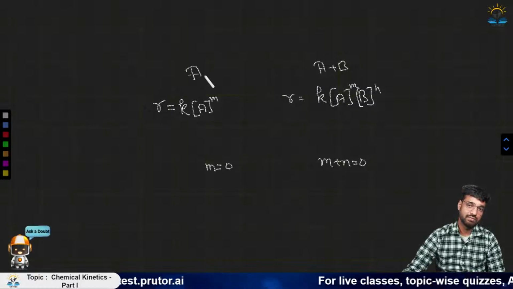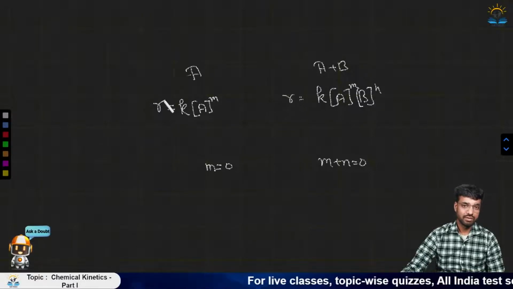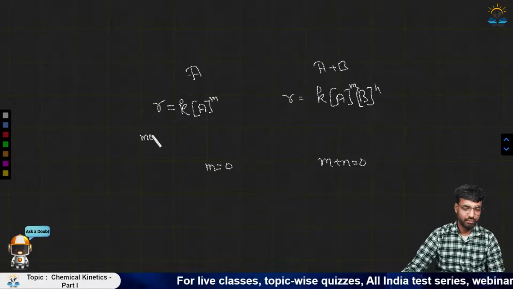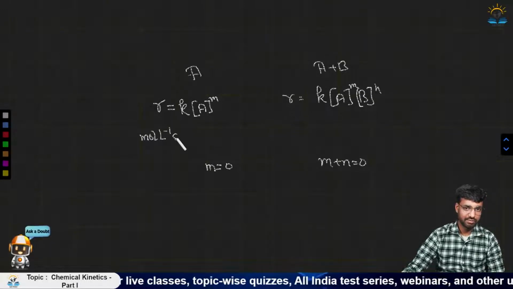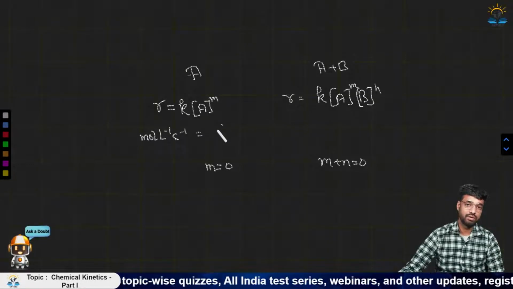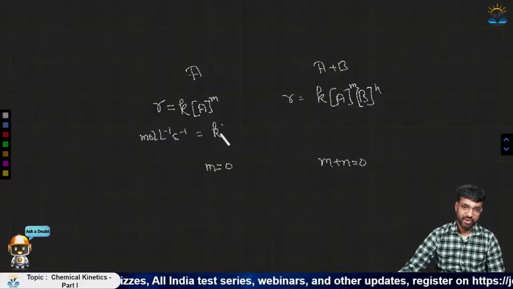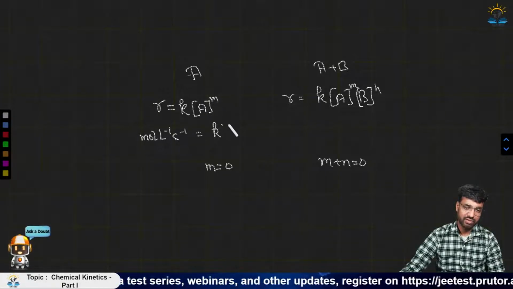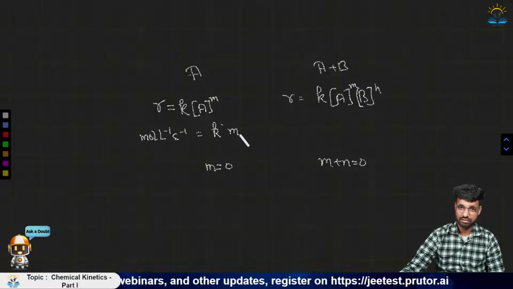Now we know what is the unit of rate, so it is mole per liter per second. Also, we have to determine this k. Now since this m is equal to 0, that is,